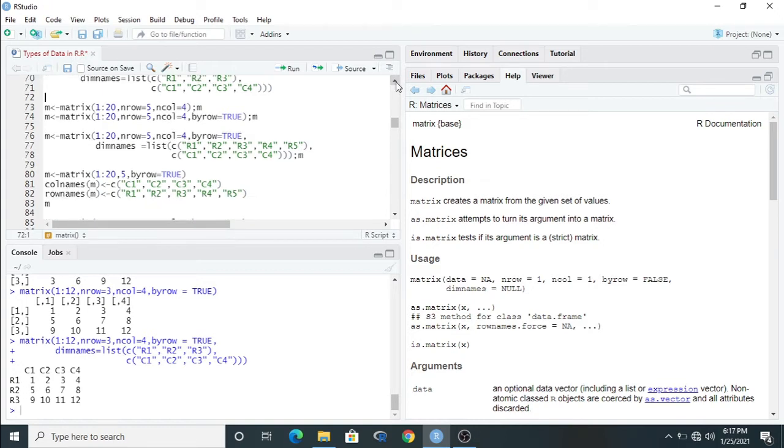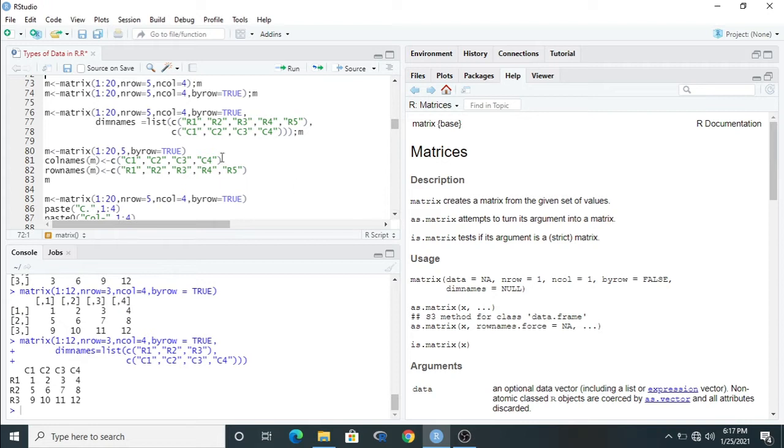There is also another way, we can write the row names and column names without using the dimension name. Instead, we can use colnames and rownames of the matrix. Suppose this is an example, and I'm going to store this matrix with the name M. The name of the matrix will be M. Here the matrix data is 1:20, and here I have not written anything, I just put 5. It means after the data comes the number of rows. If I put number of rows 5, then automatically the number of columns will be adjusted according to my data. Okay, so it is not necessary to write n row or n column.